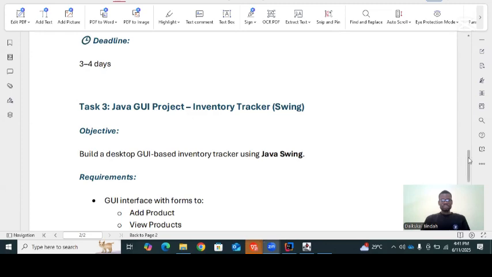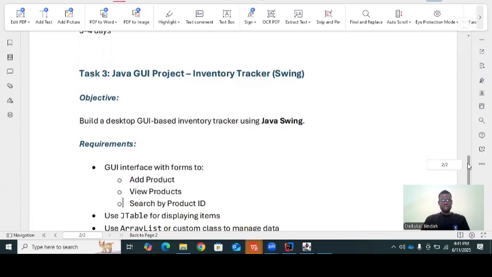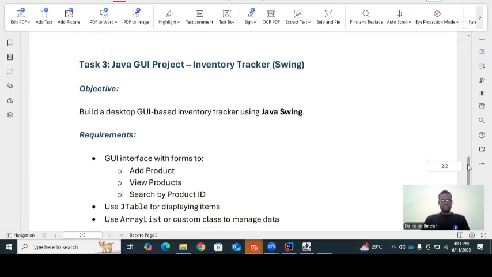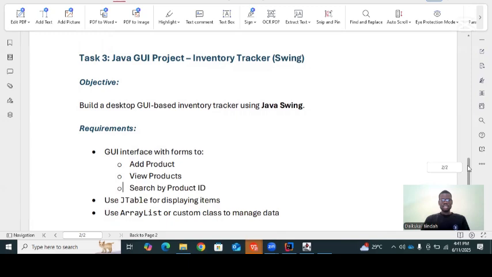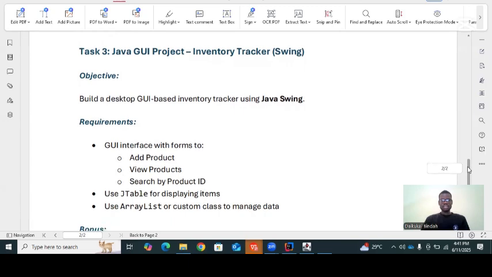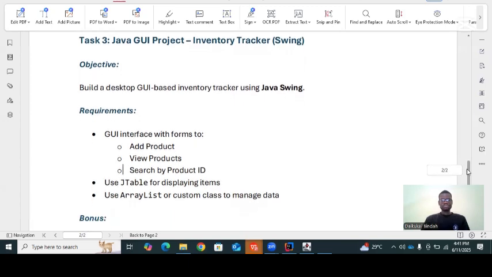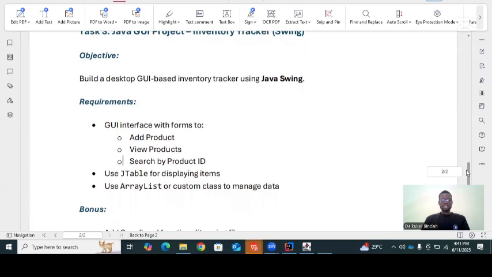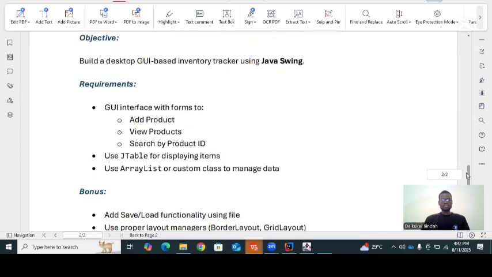Okay, so I have three tasks to do, but for today's tasks, I'll be working on an inventory tracker. Okay, so it is a Java GUI project, and it's about tracking inventory using Swing. Okay, so the objective of this project is to build a GUI-based inventory tracker using Java Swing, the GUI library for Java, and these are the requirements that I was told